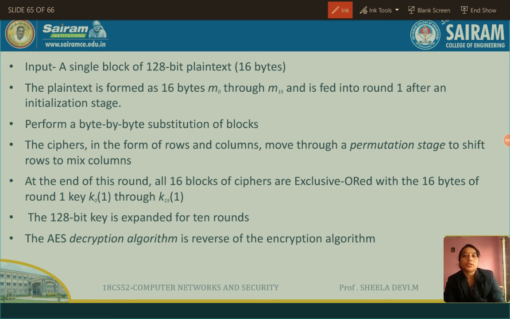Then the ciphers, in the form of rows and columns, move to the permutation stage. Permutation is rearrangement of the bits to mix columns. At the end of this round, all 16 blocks of ciphers are XORed with the 16 bytes of the round 1 key. Then the 128-bit key is expanded for 10 rounds, with the same process. The AES decryption algorithm is the reverse of the encryption algorithm, as I said.